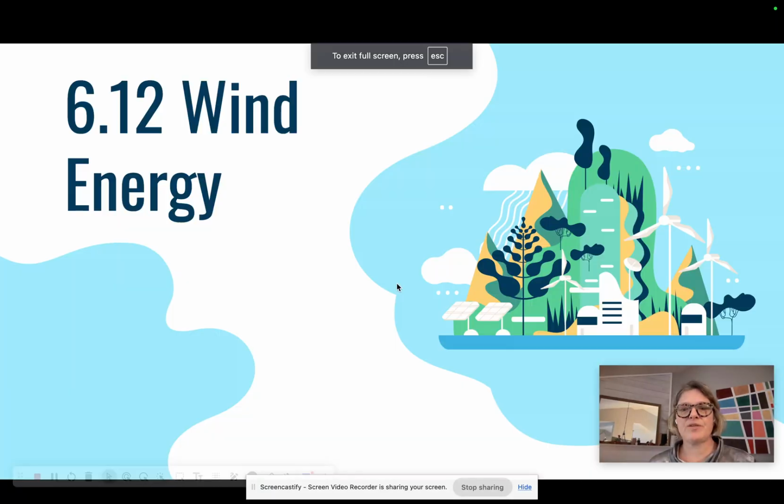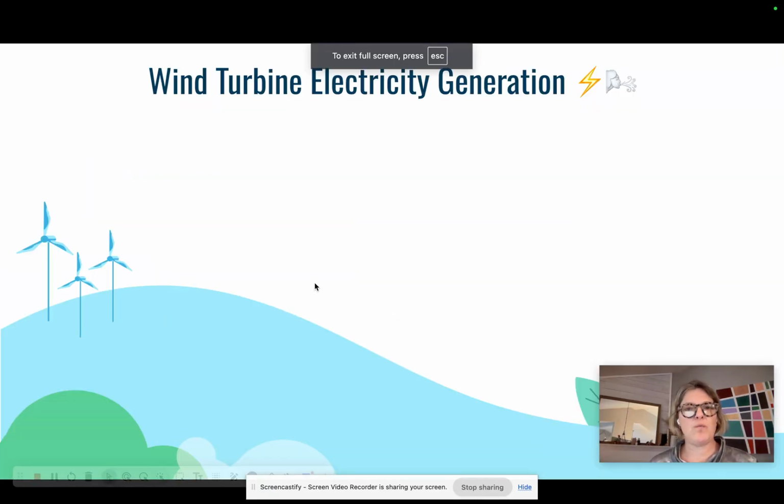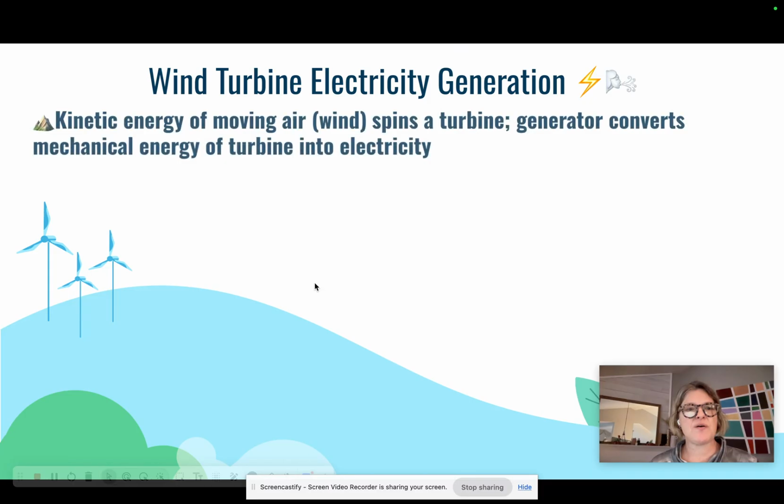Right, 6.12 is all about wind energy. Wind energy is just the kinetic energy of moving air, which we call wind, which spins a turbine. This all sounds familiar. I've been talking about this for everything, but it spins a turbine, which turns a generator. And then that mechanical energy inside the generator turns into electrical energy with the use of an electromagnet, and then